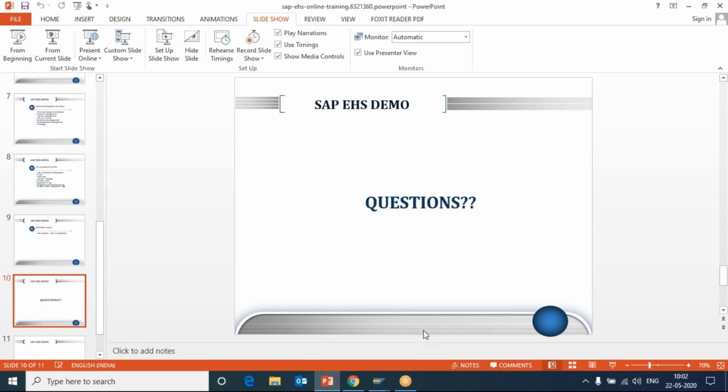They'll say, okay, no problem, he doesn't have the real time experience as an IT consultant, but he has interacted with other consultants in the implementation project. So they will definitely give a consideration to you, rather than saying that I don't have any experience in SAP EHS. Don't say like that. Say that your company implemented SAP EHS and you were the subject matter expert during the implementation, and you learned a lot of things from the consultant. You can put it that way.